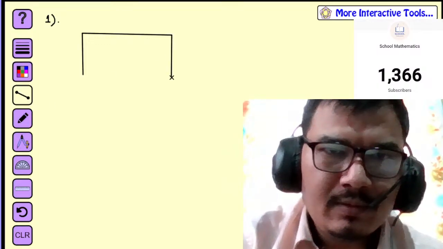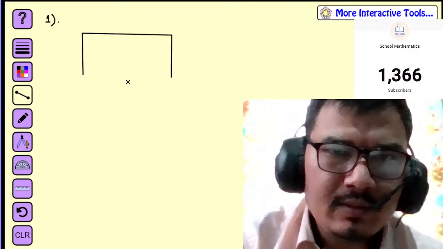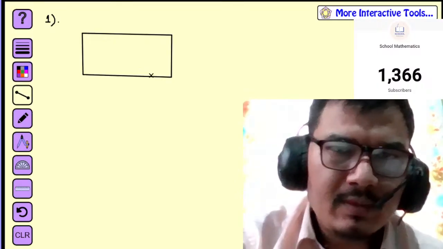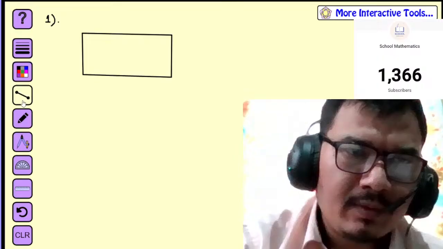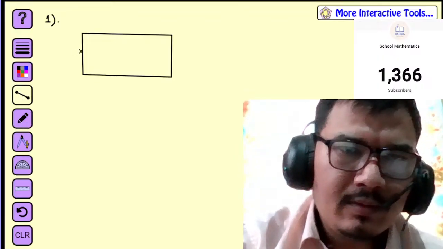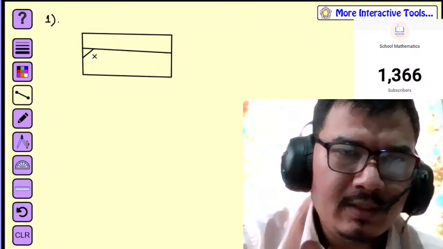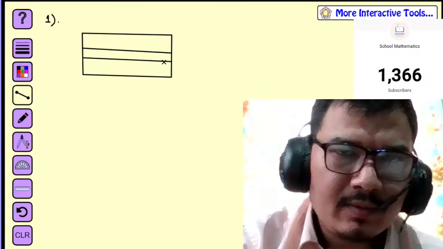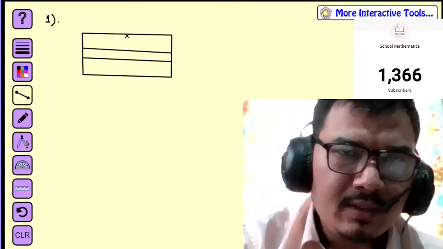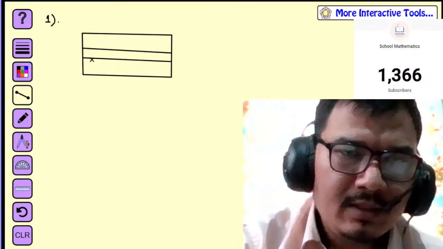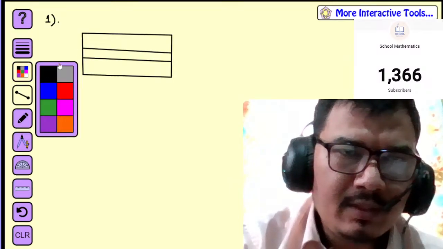And here at the middle of this rectangle, there is a shaded part given. This one part is given, look here, and this part is, look here,